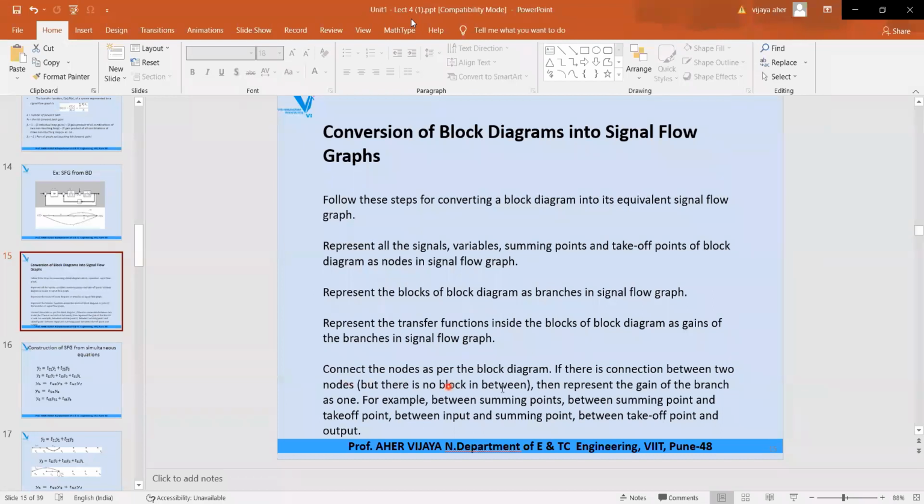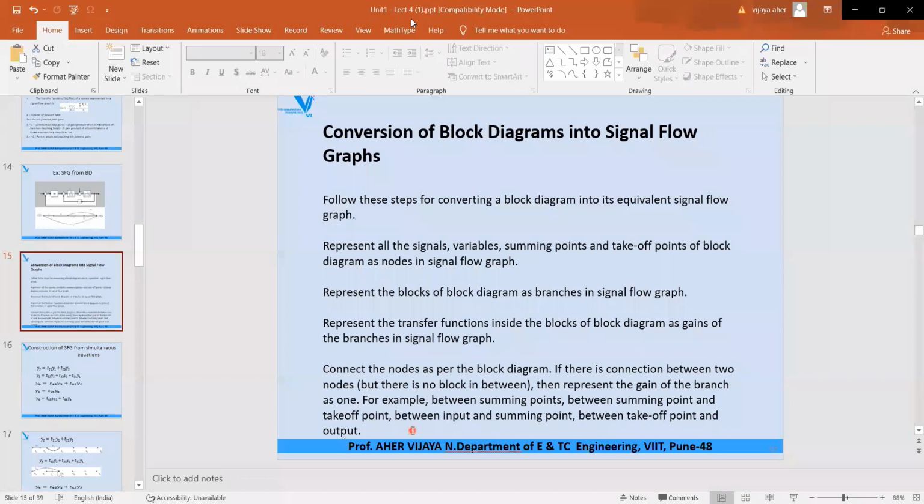Connect the nodes as per the block diagram. ब्लॉक डायग्राम मध्ये जसे दाखवले असतील त्याप्रमाणे नोड्स कनेक्ट करायचे. If there is connection between two nodes but there is no block in between, then represent the gain of the branch as 1. You can represent the gain of that branch as 1. For example, between summing points and between